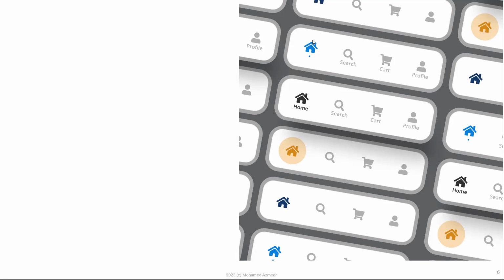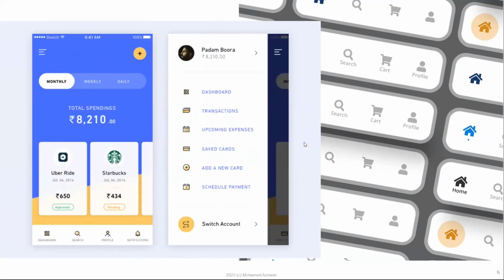Maybe when they select something, you can change the color. Now here, this is blue, all the others are gray. That means you are on the home screen. You can do this also, make it a different color along with the text or something like this, very distinguishable. Right, so these are some of the ideas we can do.